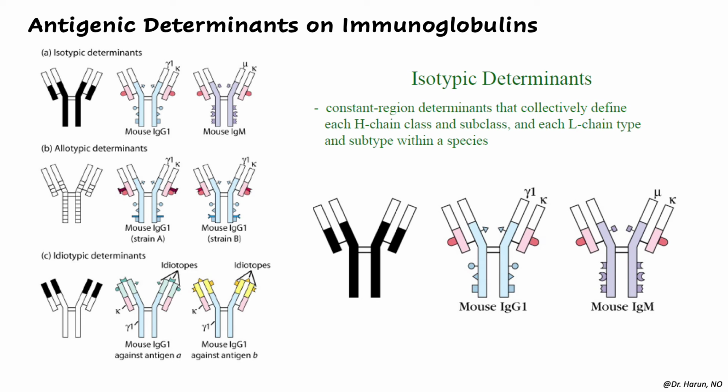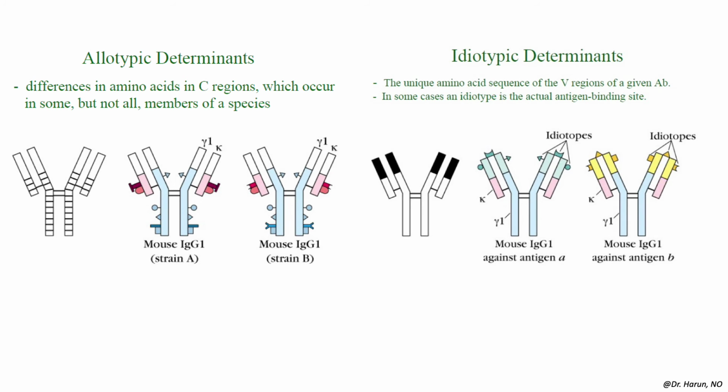Isotypic determinant adalah a constant region determinant that collectively define each H chain class and subclasses and each L chain type and subtypes within the species. So kita ada for example like here adalah mouse IgG1 dan juga mouse IgM. For allotypic determinants adalah differences in amino acid in C region. Okay, tadi yang H, which occur in some but not all members of a species, whilst for idiotypic determinants adalah